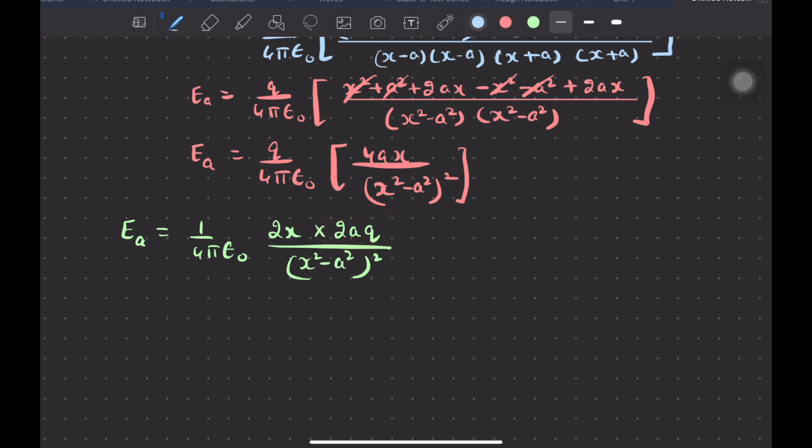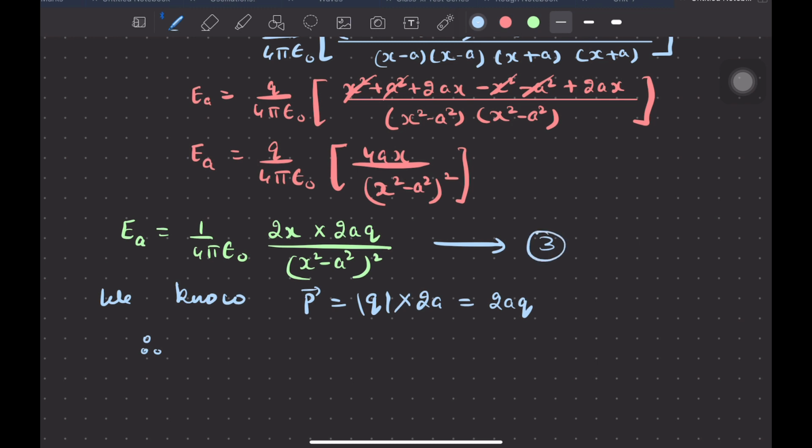Hence we know the dipole moment P is equal to the magnitude of either charge of a dipole multiplied by the length of the dipole, which is q into 2a, that is 2aq. Let us give it equation number 3. It is very important to write the equation number. So equation 3 becomes,